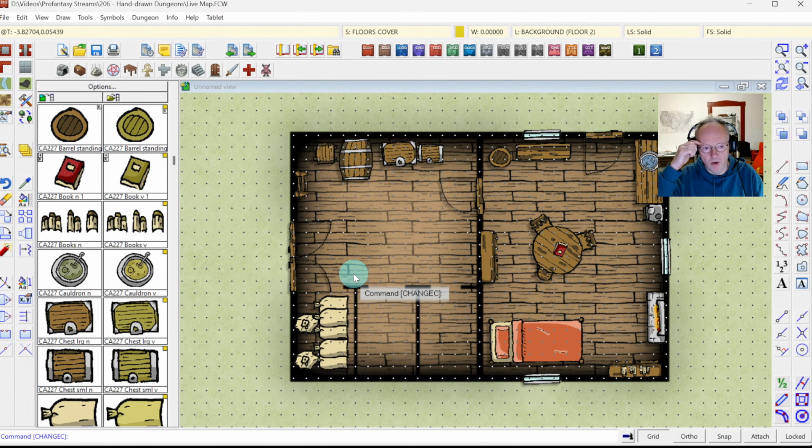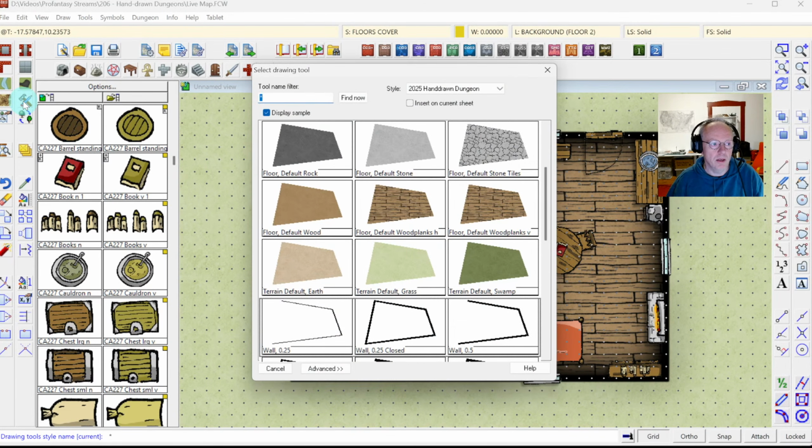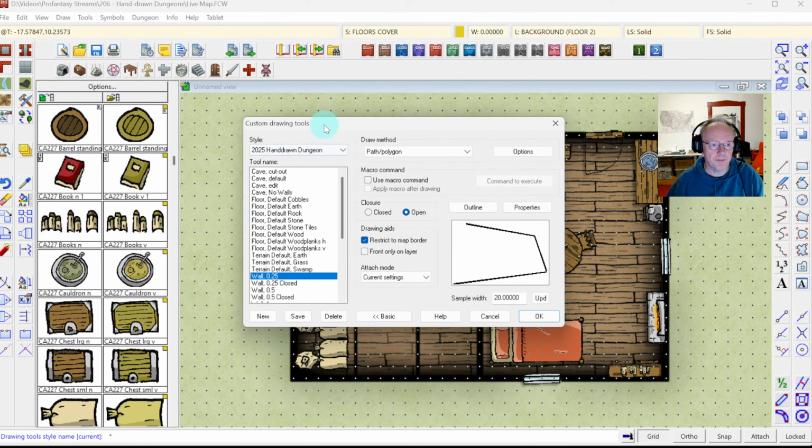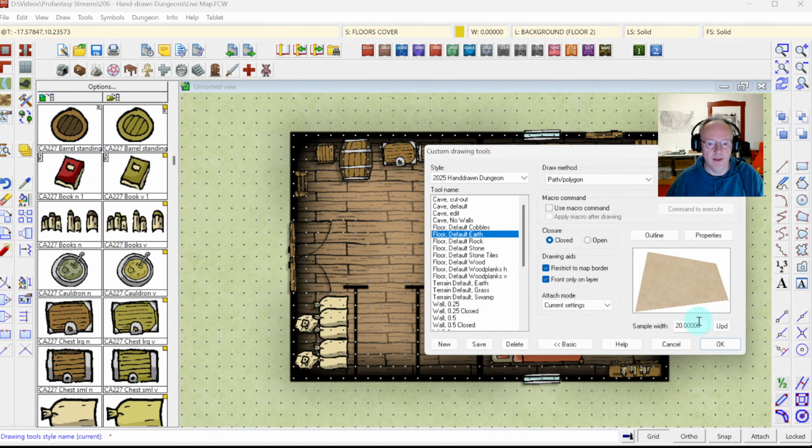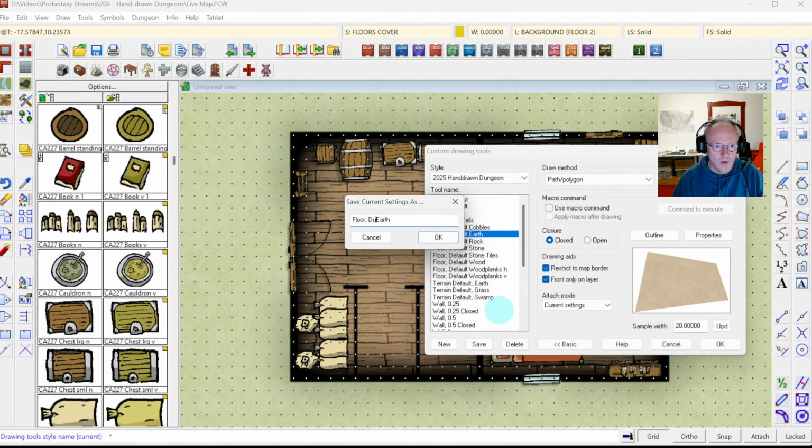step-by-step checking out, changing is how I usually create new tools and things I want for the map. So what would I do if I wanted to create a drawing tool for this? So I just know what to use if I do something similar again. Then I'm going to go into the drawing tools, click on advanced. I'm going to take a look at one of the floor tools I have. Let's do the default earth as the basis, because if I click new now, and I'm just going to do floor